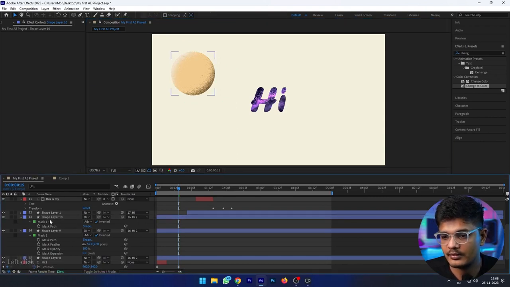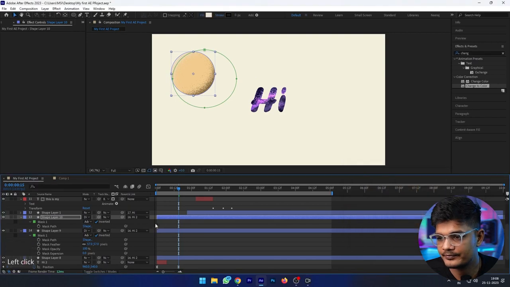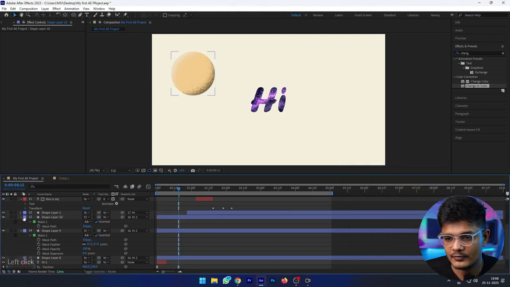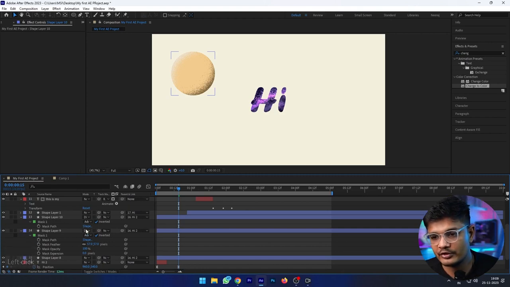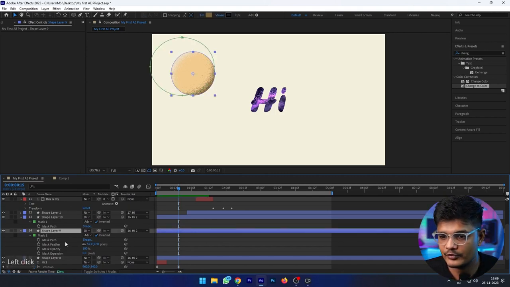Okay, now this is looking nice. So before, after. So it's your choice, you want to use dissolve or not. If you want some comic or cartoonish effect, you can use dissolve.